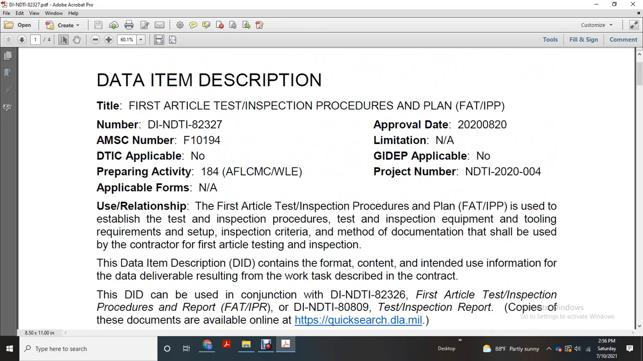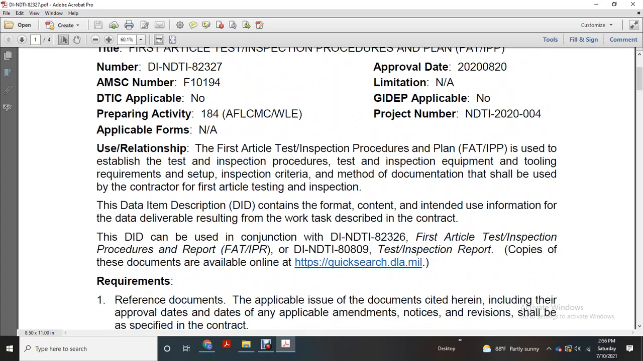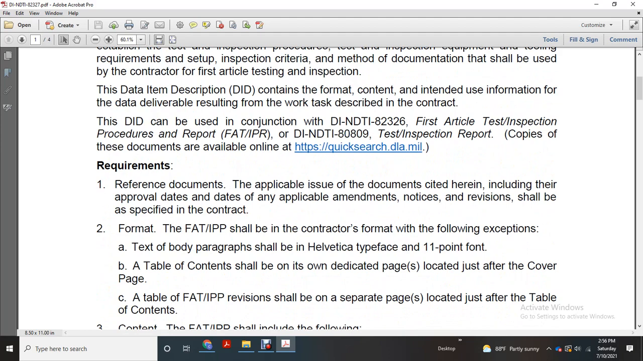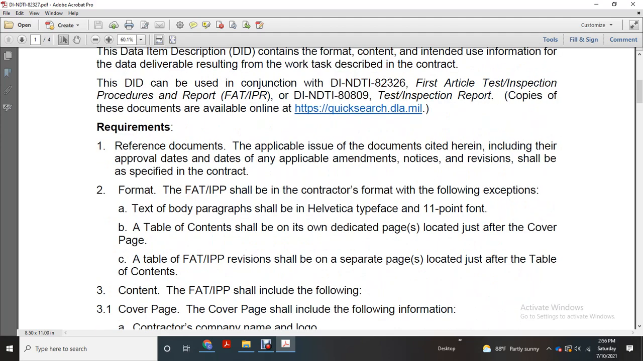Format of the first article test inspection procedure and plan shall be in the contractor form in the following exemptions. Text body paragraph, the Helvetica typeface 11.5 with the table of contents should be own dedicated page located just over